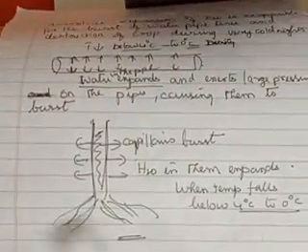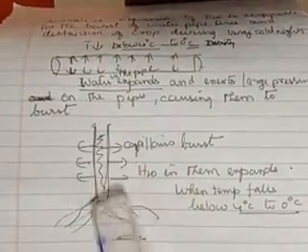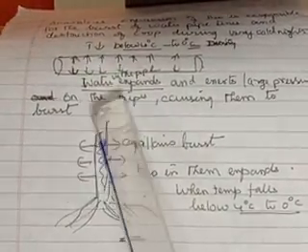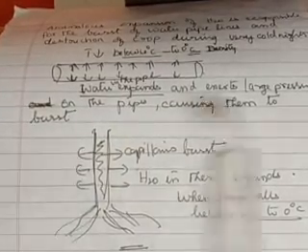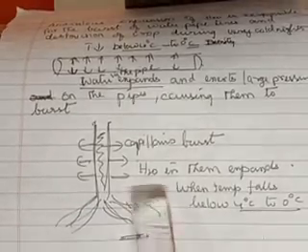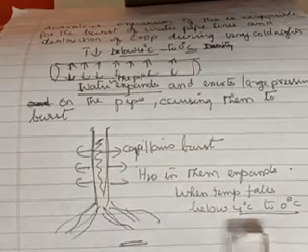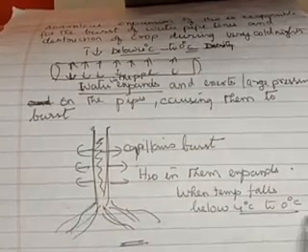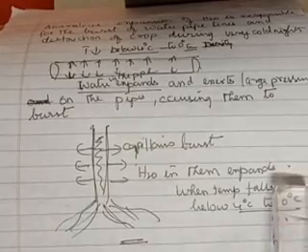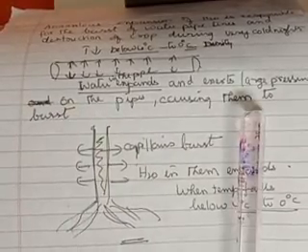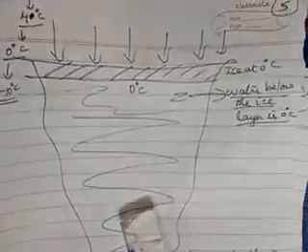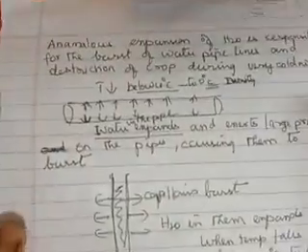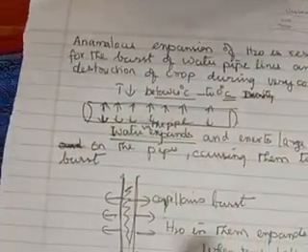Okay, now the same way you are seeing the plants. I've just drawn a simple diagram. The capillaries of the plants. Are you able to see? This is a capillary. Of course, when water enters, water will be present in these capillaries. So during cold season, or when the temperature keeps on falling during winter season, what happens? The water in them, when the temperature falls from 4 to 0 degrees Celsius, keeps on expanding and makes the capillary burst. So again, this is a bad consequence. Even though anomalous expansion has a good consequence for aquatic plants and animals, there is a bad consequence for the pipelines and the plants.